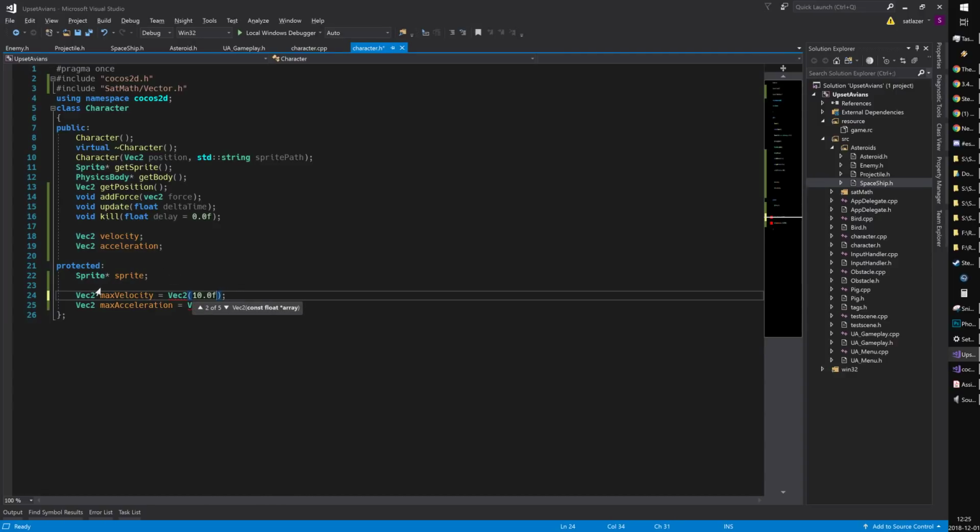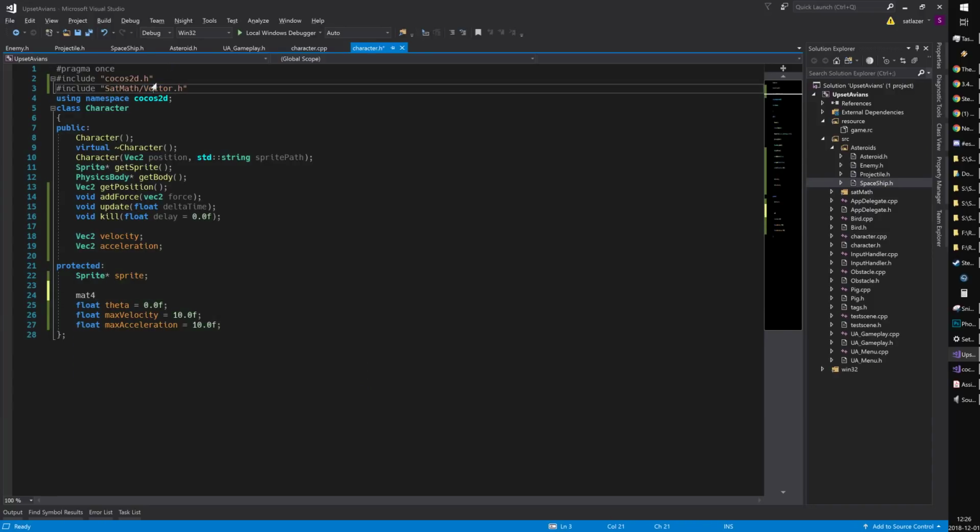I guess the max velocity and acceleration can be floats, because I'm not going to have different values for either direction. That doesn't make sense. What I'm also going to have is a float for theta, similar to SpriteLib. We kept track of the angle for how much the sprite rotates, and we'll use that to calculate with our matrix math the rotation of the sprite here. And our sprite will be, hold on,